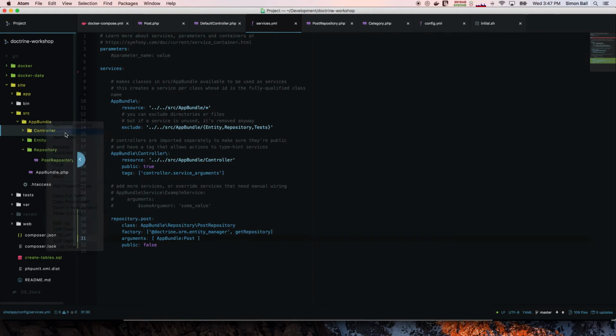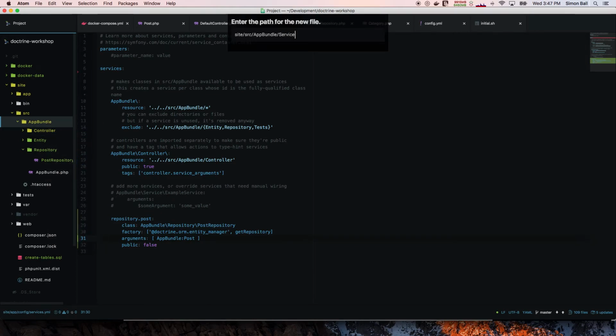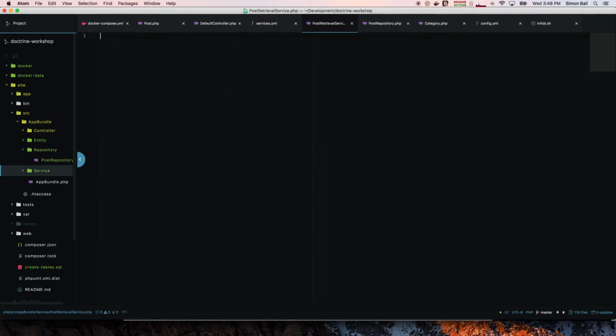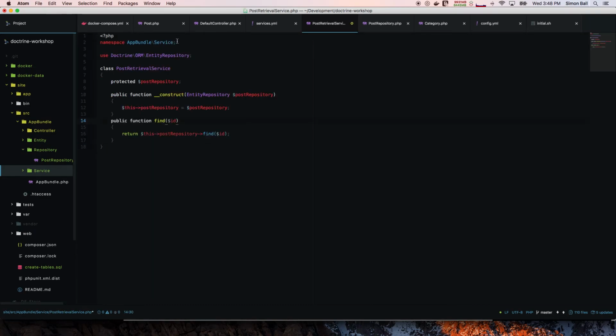We're just, again, within our app bundle, I'm going to give it quite a specific name, because we might want to have a different service for, you know, creation. This is going to be the post retrieval service, and I'll just again copy a little bit of code out and then explain it. So again, we've got our simple service namespace. I've actually brought in the entity repository. This is because whenever